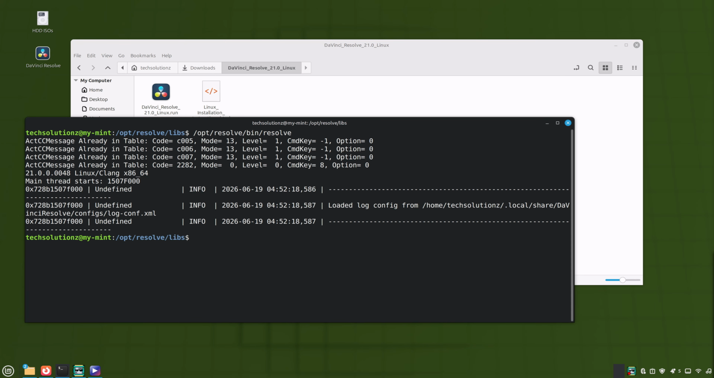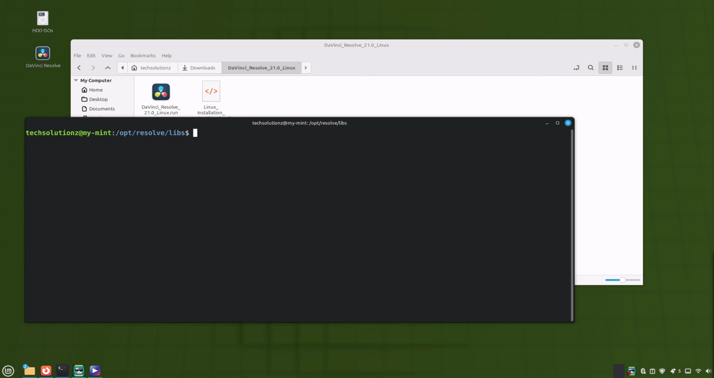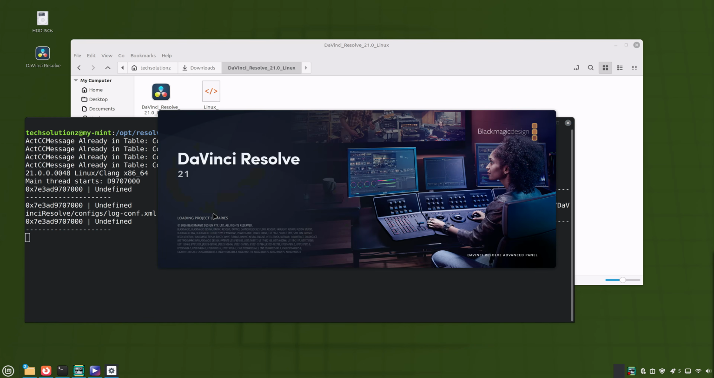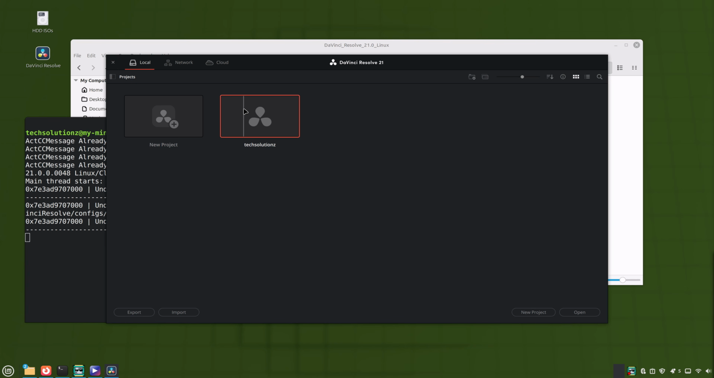Launch Resolve with QT scaling enabled. A scaling value of 1.5 works well on most 27-inch 4K displays, while a scaling value of 2 is often better on smaller screens or for users who prefer larger interface elements. You can also make this adjustment permanent by editing the Resolve desktop launcher and adding the scaling variables directly to